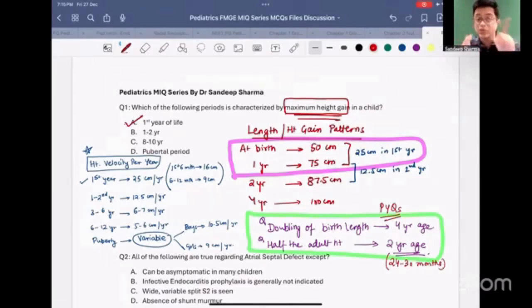It is not 18 to 24. It is wrongly mentioned at some places. We have to take the Indian standards into consideration, not the American standards. Americans are taller than us, right? So this is the first question. The answer is A, and these are the key points and PYQs related